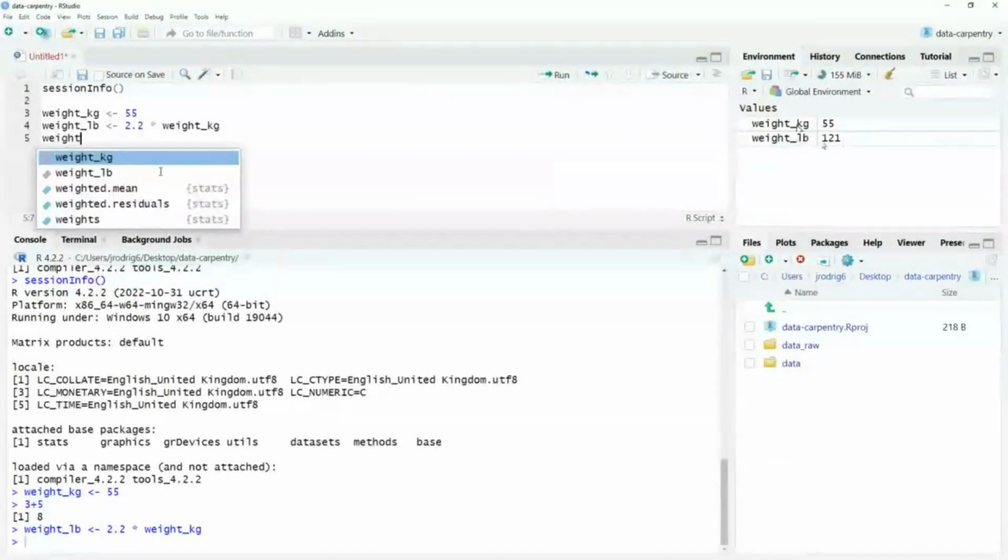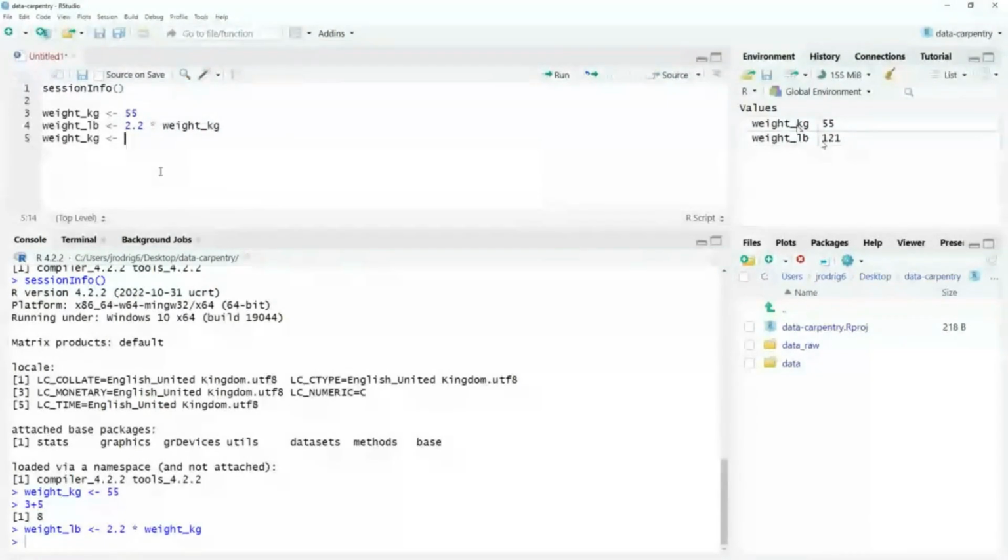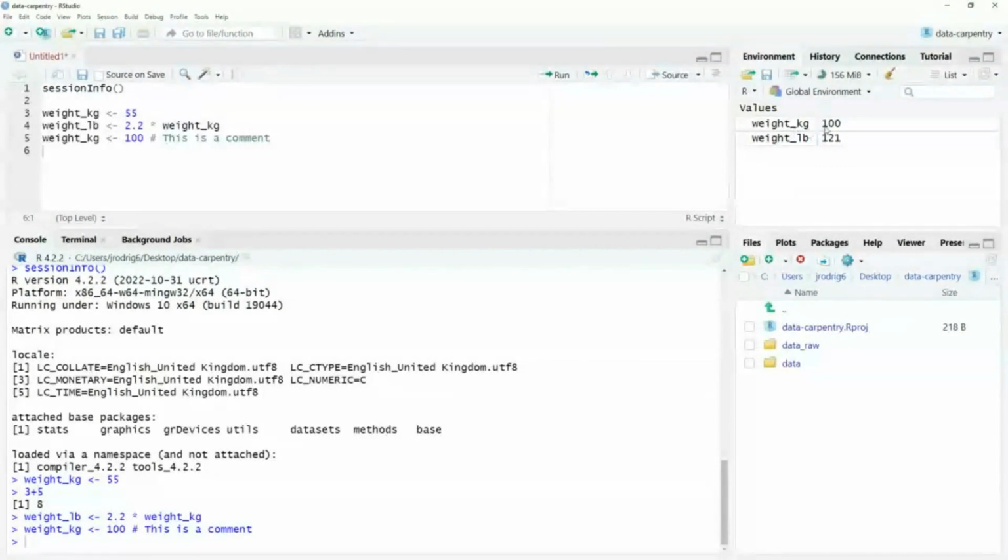Here is a concept. For instance, if I use weight kilograms and I update the value and use 100, would you think that the weight in pounds variable will be updated? I forgot to mention that to include a comment you need to write a hash and you can write a comment. So if I execute this, Control Enter, as you see, the weight in kilograms is updated, it is 100, but the weight in pounds is not updated because